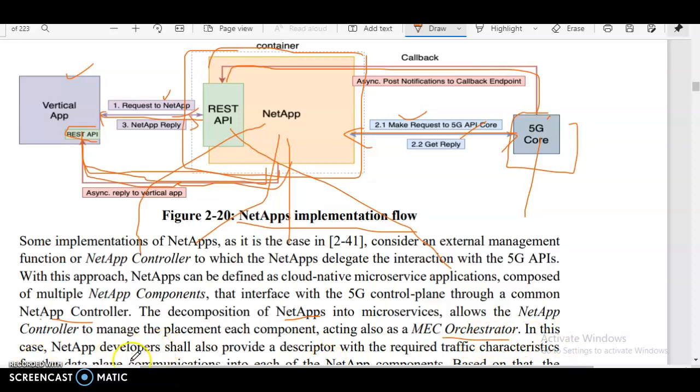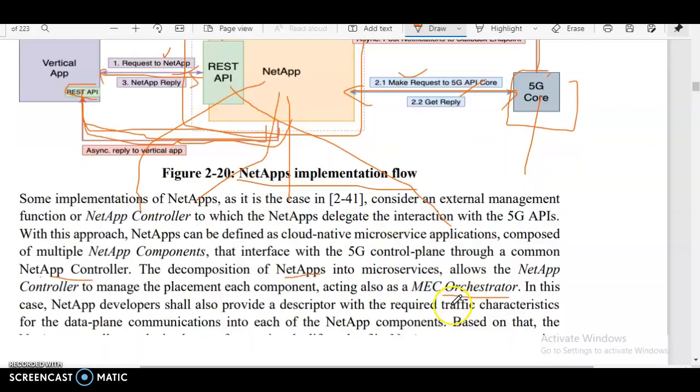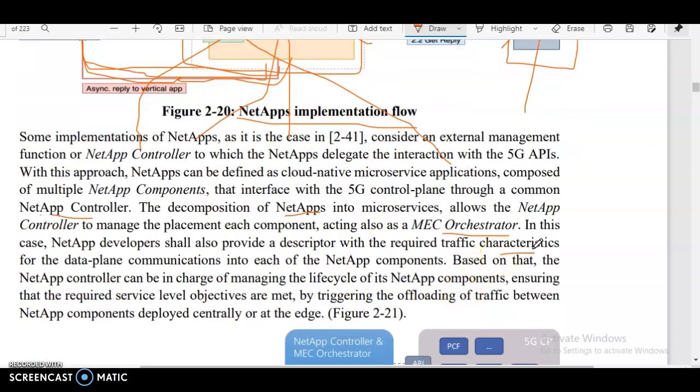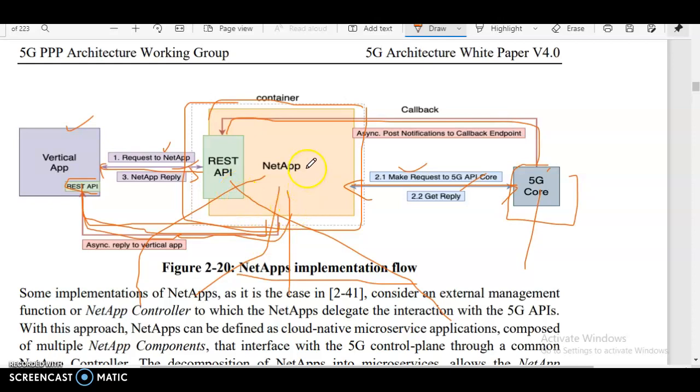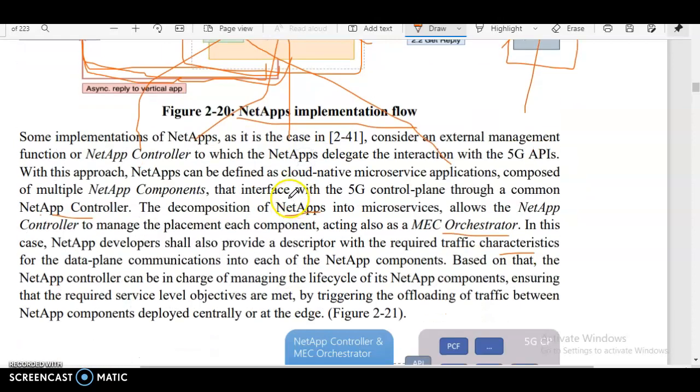In this case, NetApp developers shall also provide a descriptor with the expected traffic characteristics for the data plane communications into each of the NetApp components. Based on that, the NetApp controller can be